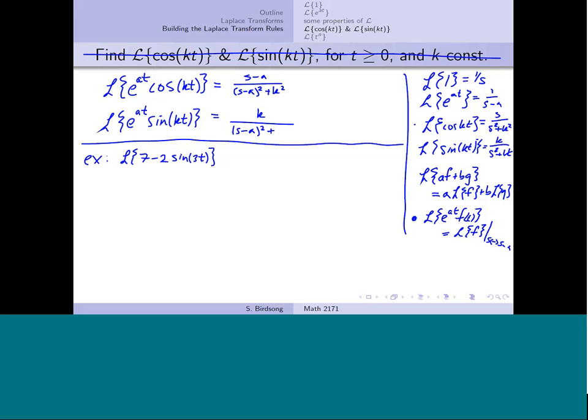Notice those are two rules that I would definitely recommend putting on your list to know, but you technically don't need them because you could use this shifting rule or translation rule at the bottom there. Okay. Let's look at a couple of examples here with actual numbers. So if we look at this first guy,